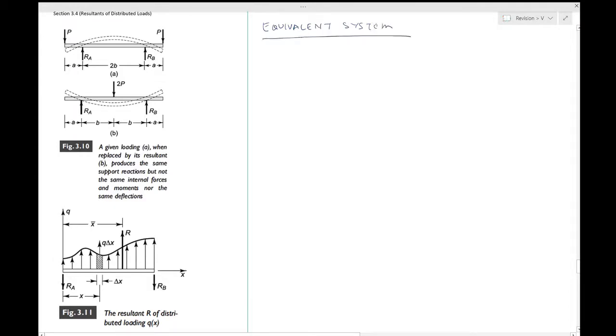You had this complicated arrangement of forces and moments, and you would simplify it to find an equivalent force or moment system. Similarly, this resultant of distributed loads is just trying to simplify a complicated distributed loading into a simpler arrangement of forces and moments. So two systems of forces are said to be statically equivalent